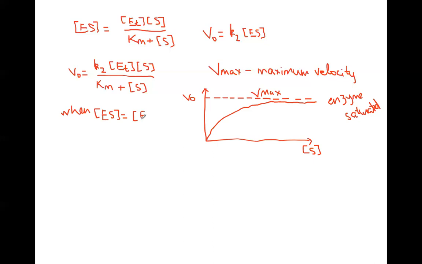So in other words, there is no free enzyme left in the solution. All the enzyme is fully saturated with the enzyme substrate complex. Then Vmax can be defined as